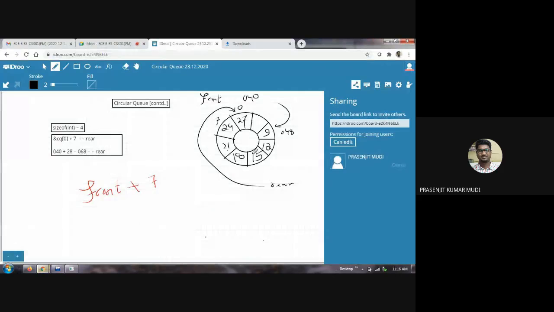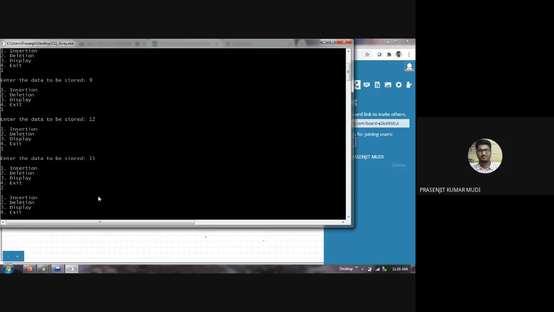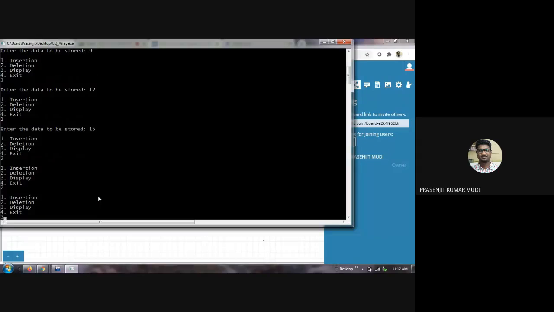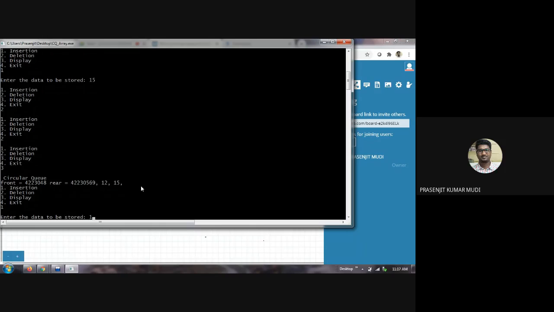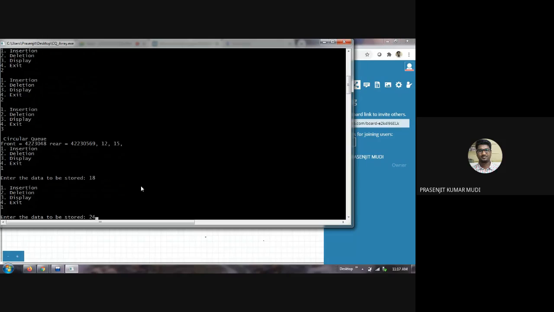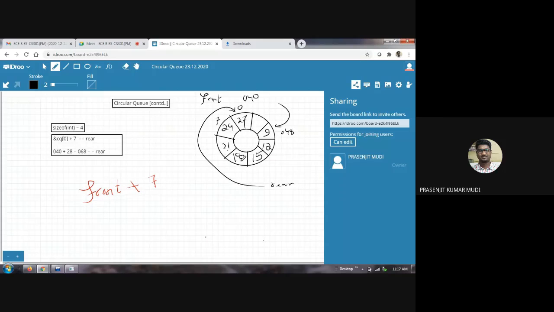What is the picture? 3 and 6 are to be deleted, and we have inserted up to 15. Okay, so let's delete 3 and 6. Display. Yes, 9, 12, 15. So we want to add 18, 21, and 24. Let's display. So 9 to 27 it is displaying. 18, 21,